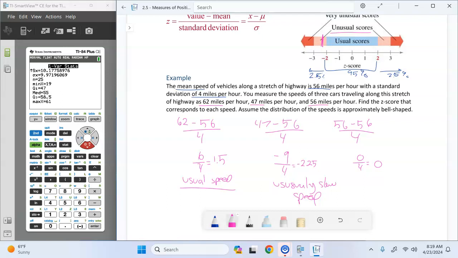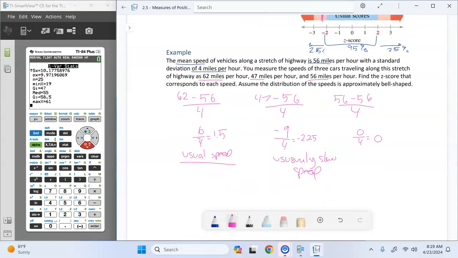And then for our third car, what does 0 mean? It's usual. It is perfectly average. It's right there in the middle. It is 0 deviations above or below the mean. It is the mean speed, which is typical, which is usual. All right, that wraps up our